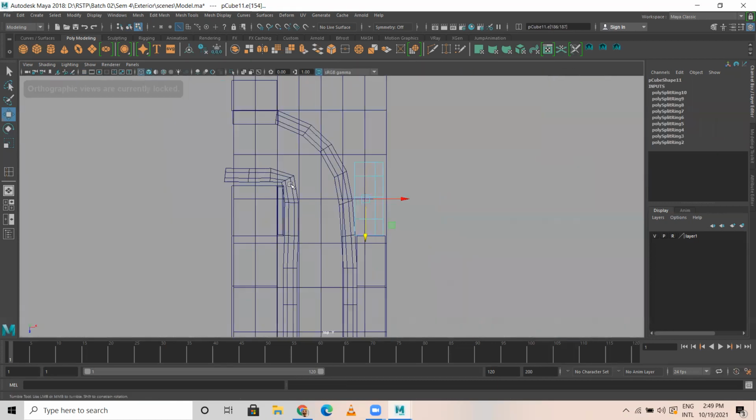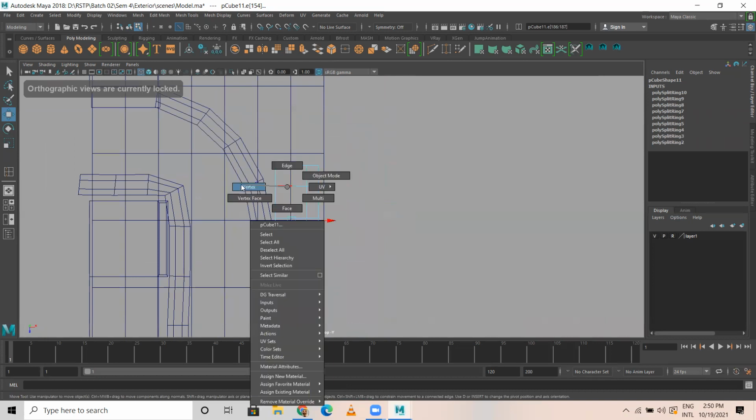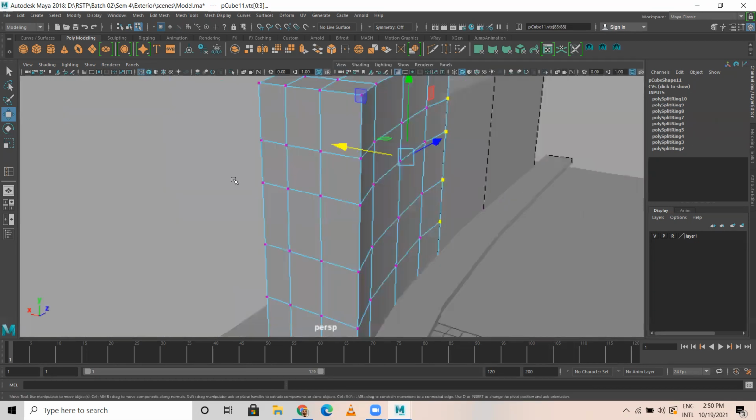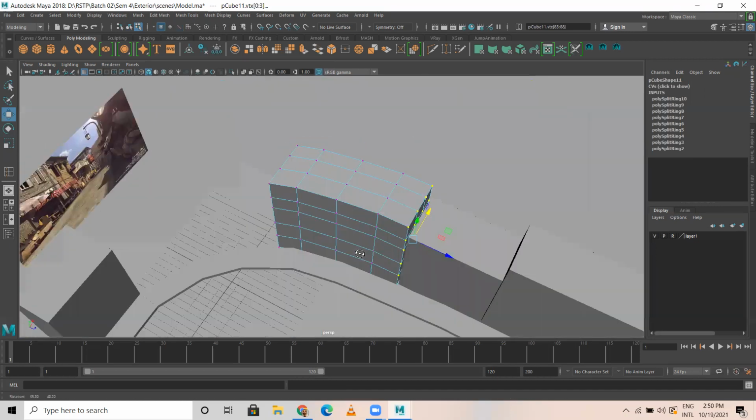Okay. So now what I do, just come over here, go to the vertex part, just change this like this. So you have to maintain this as a curvy part. Okay. Now observe, you have a building like this.